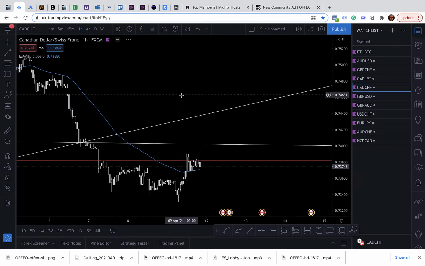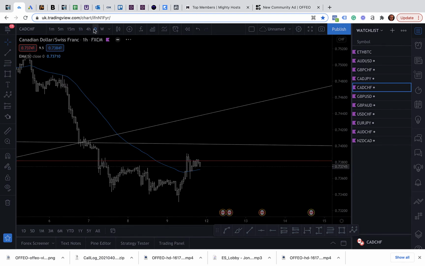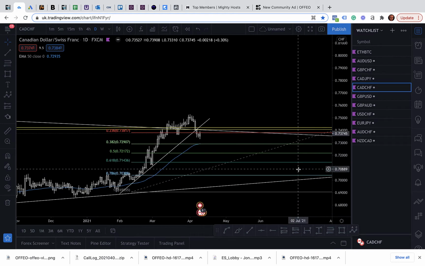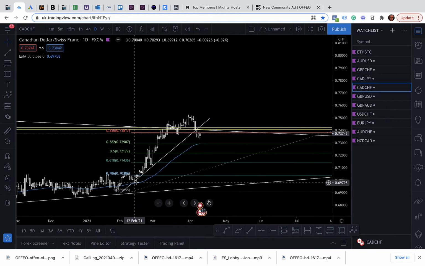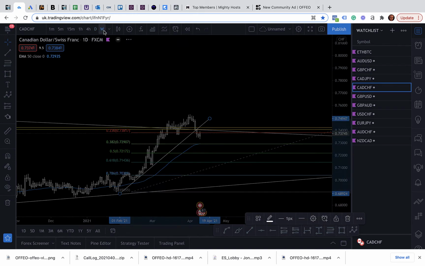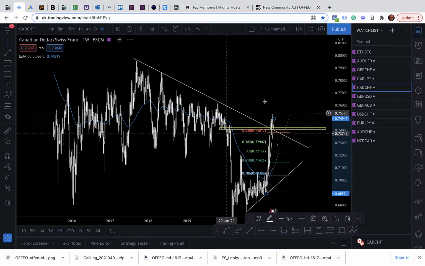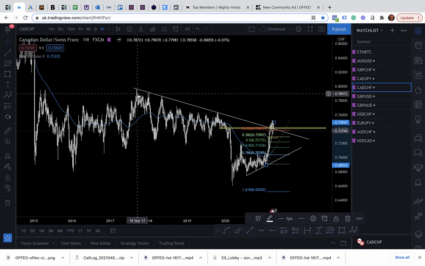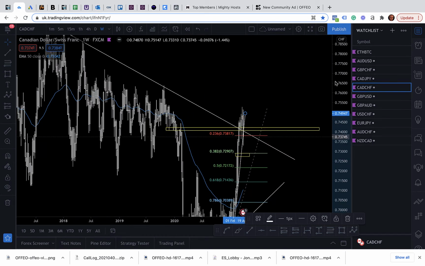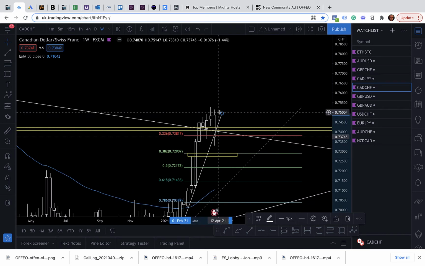So Cad Chf, again, another one we're looking for a sell because we've broken this bullish trend line, right? We've also, if we go to the weekly, you can see here, we've been respecting this bearish trend line for quite some time now. We closed above it, but we've not respected it because just on Friday there we had this massive engulfing candle